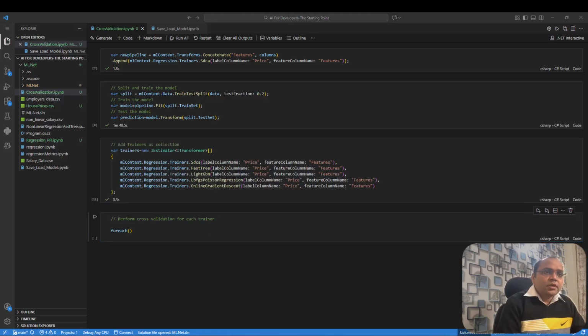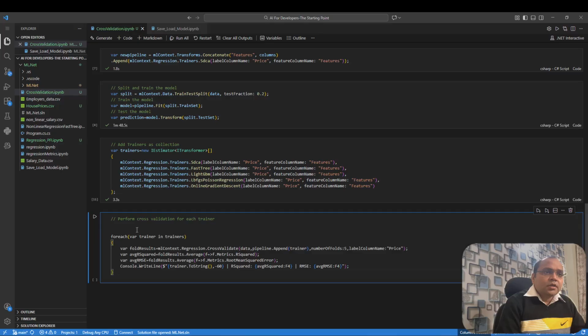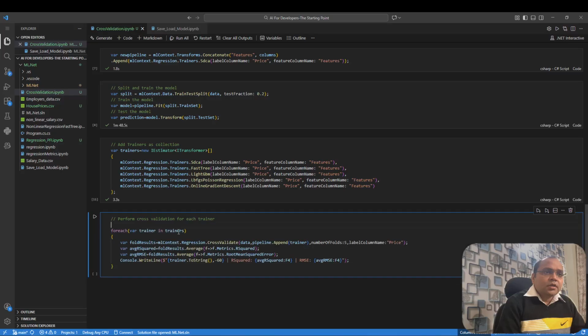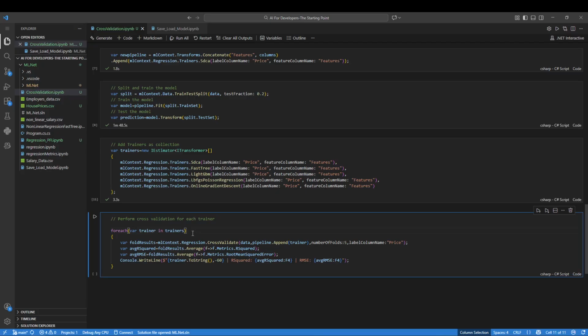I already have a code block, so that would be easy for us. Let me copy the code block. Here you can see the code block is simple. The trainers are a collection coming from here, and then